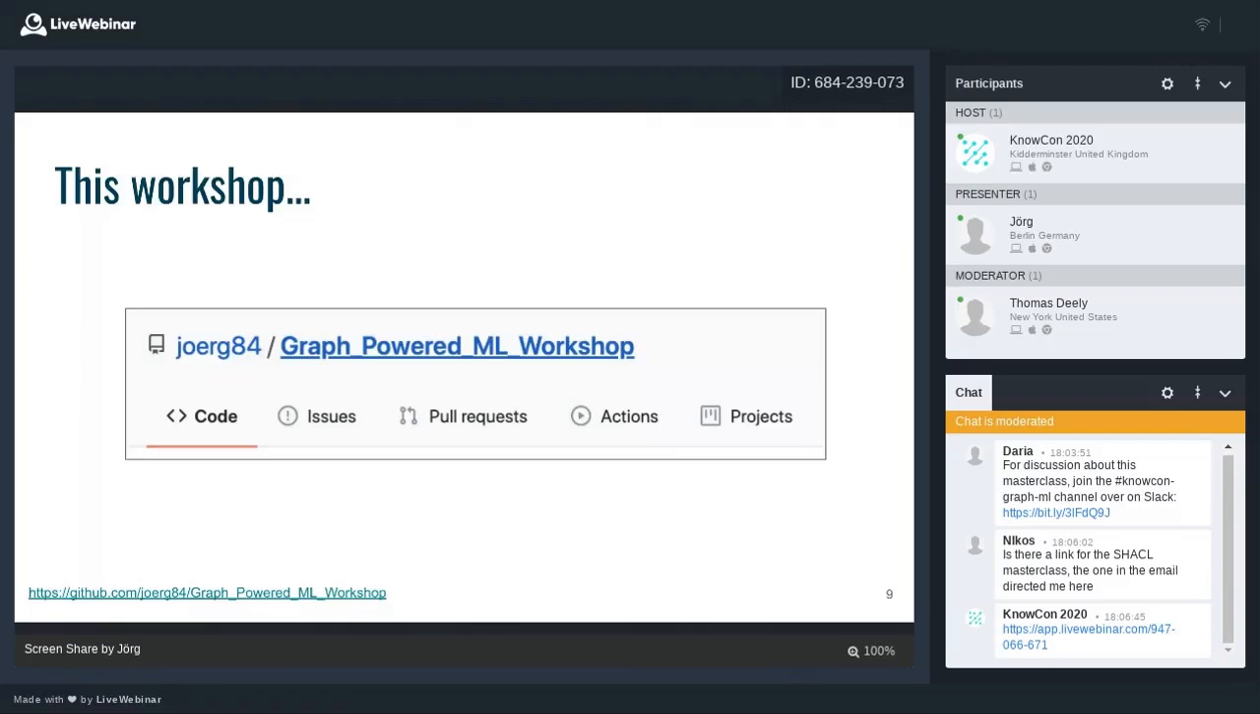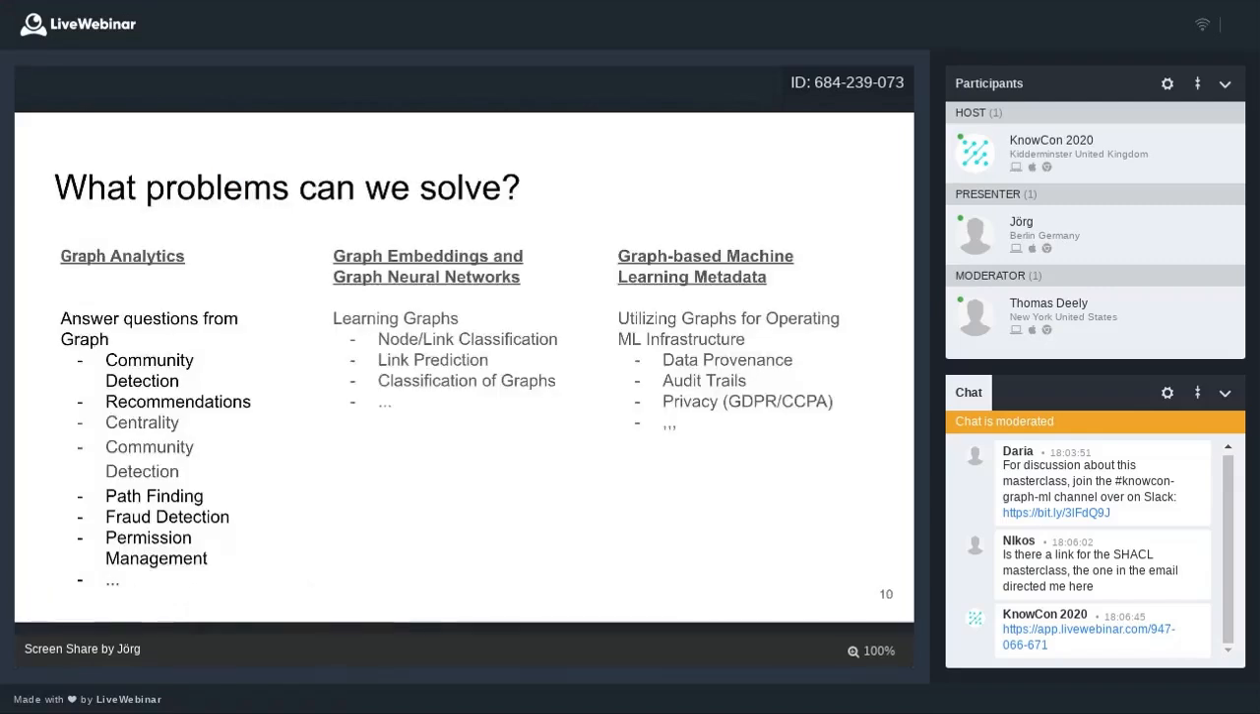To get started, I always feel this is one of the most interesting aspects of the workshop: the breadth of problems we can answer from a graph perspective. From the TLDR, from those three areas, what kind of problems can we actually solve? In graph analytics, there is a vast range, from community detection, identifying common subcommunities in graphs, to recommendation engines, identifying central nodes in a graph or in a community,